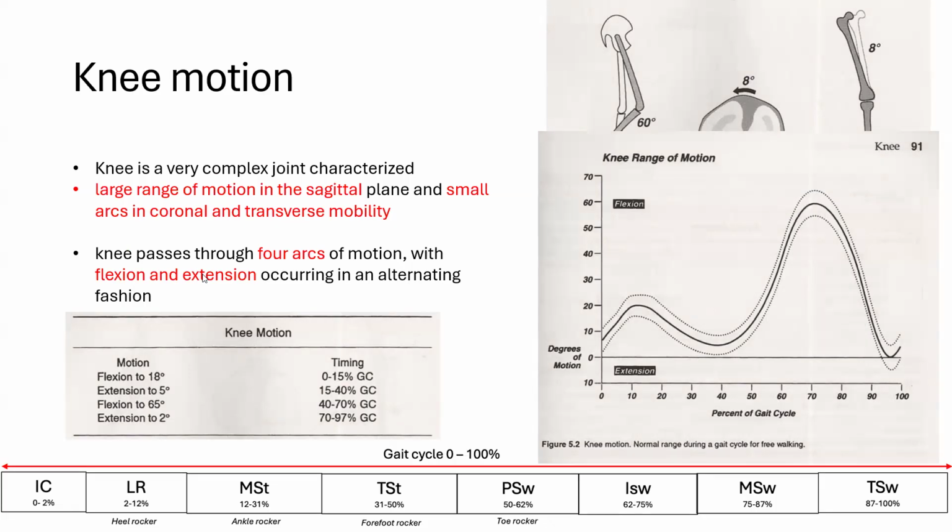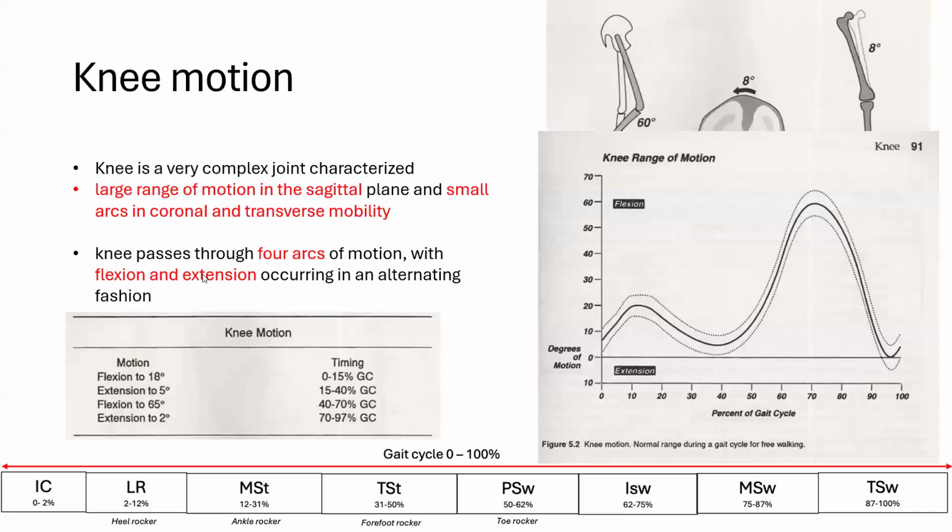In mid stance, again, the knee gradually extends to a minimum of 3 degrees of flexion. And in late stance, the second wave of flexion begins, where the knee is again flexed at the end of single limb support. In pre-swing, there is rapid flexion, reaching almost 40 degrees, and maximum flexion is reached at the initial swing and the mid swing phase. Then there is extension in the terminal swing phase. A flexion peak of around 60 degrees in initial swing is important, which we'll be discussing in the later